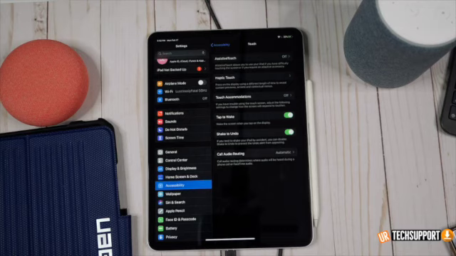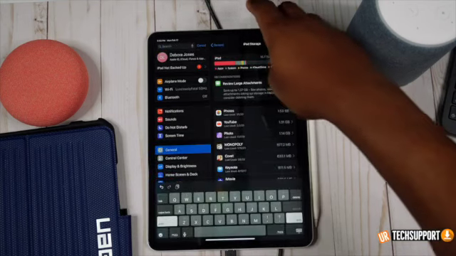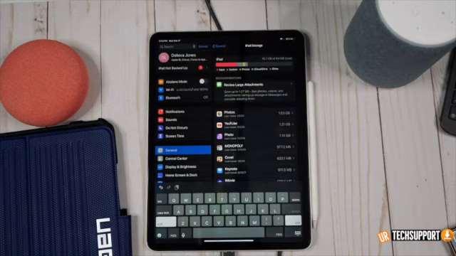if not, then the next thing you want to do is check the storage space. So you just kind of want to go in and look at your storage to make sure you're not maxing out in any particular area, making sure that you have substantial storage for your iPad to move fluently and do everything that it needs to do app-wise and processing-wise. Storage does play a key role in how your iPad functions, so checking your storage to make sure you have enough is definitely going to be one of those troubleshooting steps you don't want to